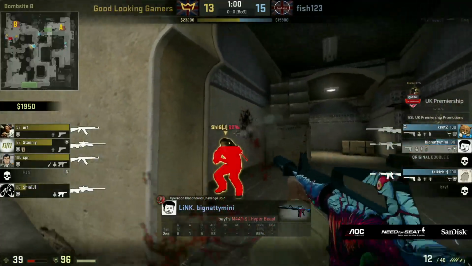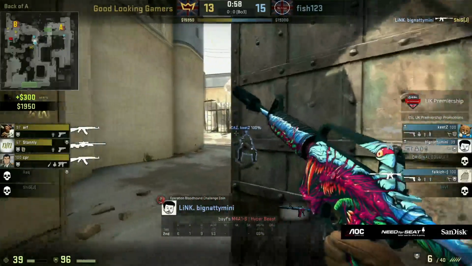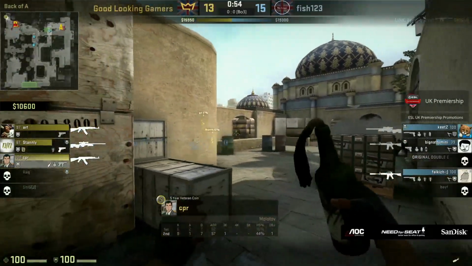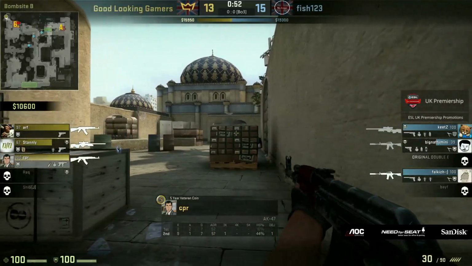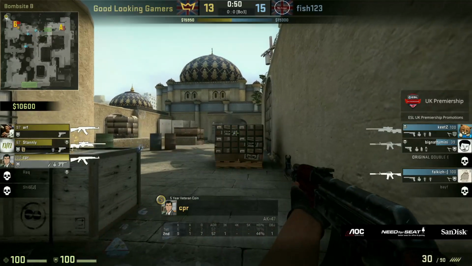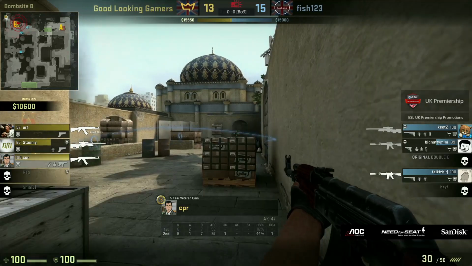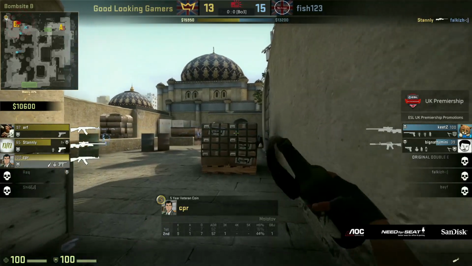As Big Natty Mini looks for Shig, he's going to be able to find it and turns it into a 3 versus 3 here. Yeah, I was going to say, that frag in lower tunnels could end up being big, because it would then maybe allow Mini to... Is it going to be Mini who's going to... Yeah, it is going to be Mini to rotate through tunnels,